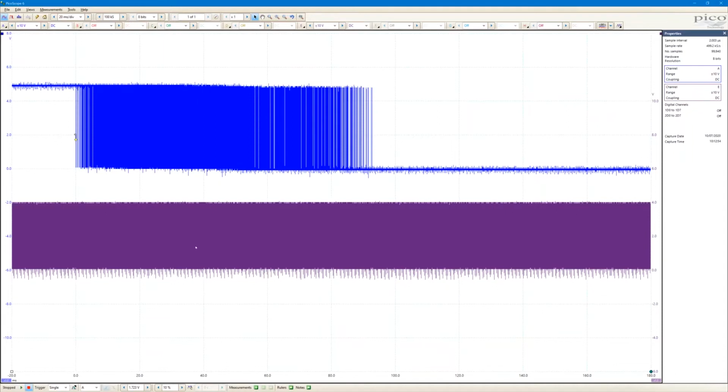And to begin with, I set the Picoscope up to a relatively short capture memory depth. So I've set it up with 100 kilosamples of capture memory, which is representative of many of the oscilloscopes that are on the market today. They're fitted with that sort of memory as standard. But what it means is at slow time base, so we've got 20 milliseconds per division with just 100 kilosamples of capture memory to play with, it means that the sampling speed with which we captured that waveform was quite slow. It was about 500 kilosamples per second.